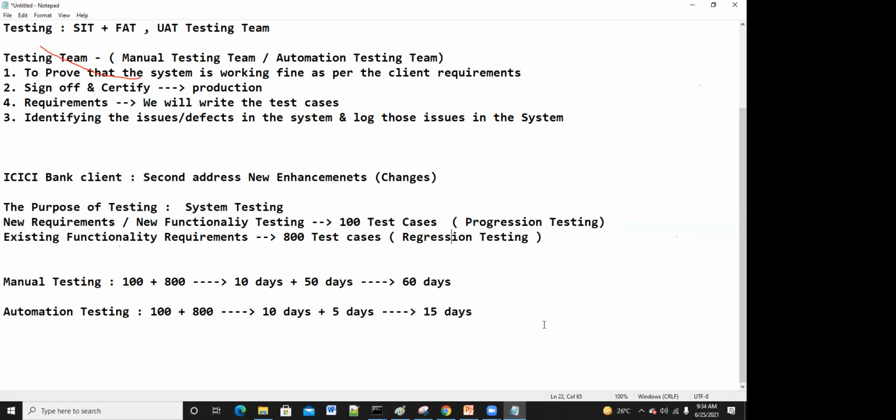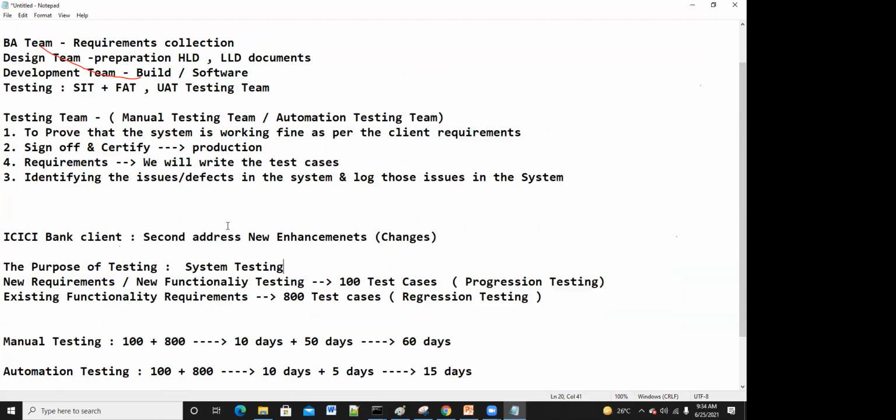Suppose these 800 test cases are taking almost 50 days. But if I go with some automation tools, I can complete them. I just need to click on one run button, so that each and every test case will execute, and the input data will be received from Excel. My program will show that employee record is working fine, savings account is working fine, creation of new contact is working fine, creation of address is working fine. So if out of 800, 10 test cases have failed, we can easily understand.